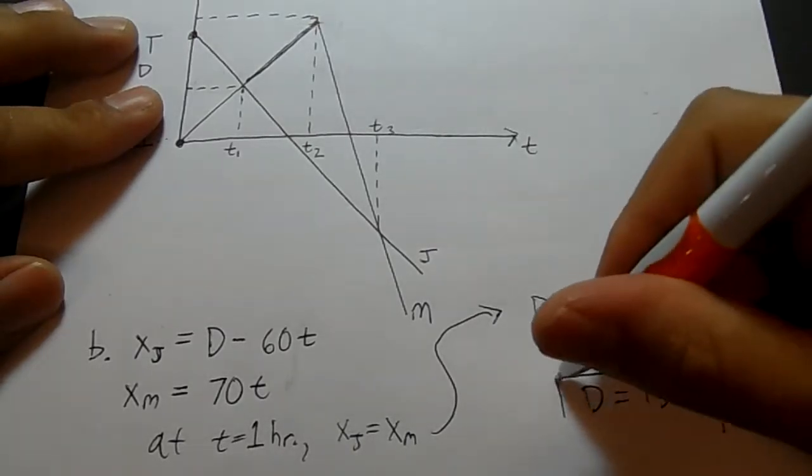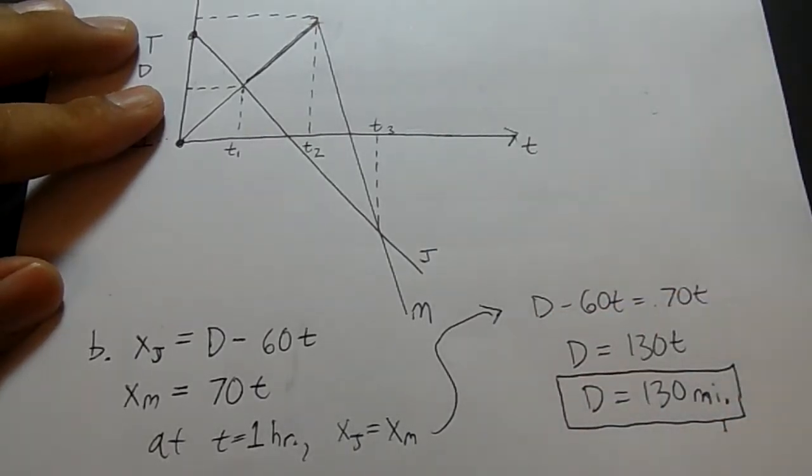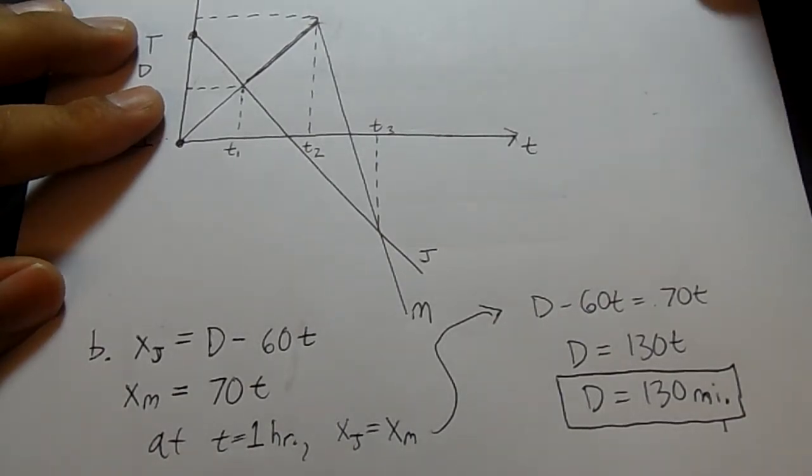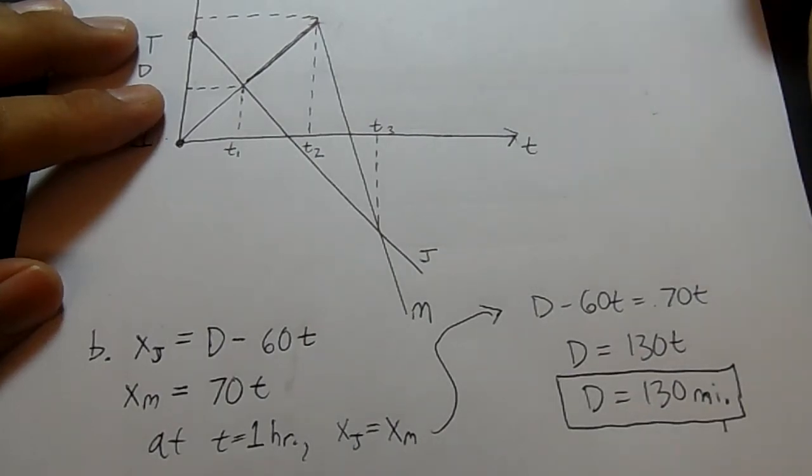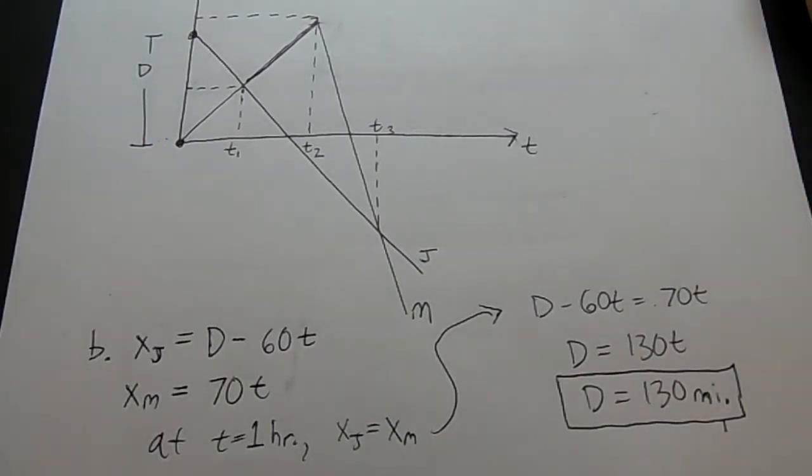The other way I could have done this is to realize that if Meg travels at 70 miles per hour west and John drives 60 miles per hour east, then effectively they've got a relative velocity of 130 miles per hour, just adding the 60 and the 70, and since they meet after 1 hour, that means their initial